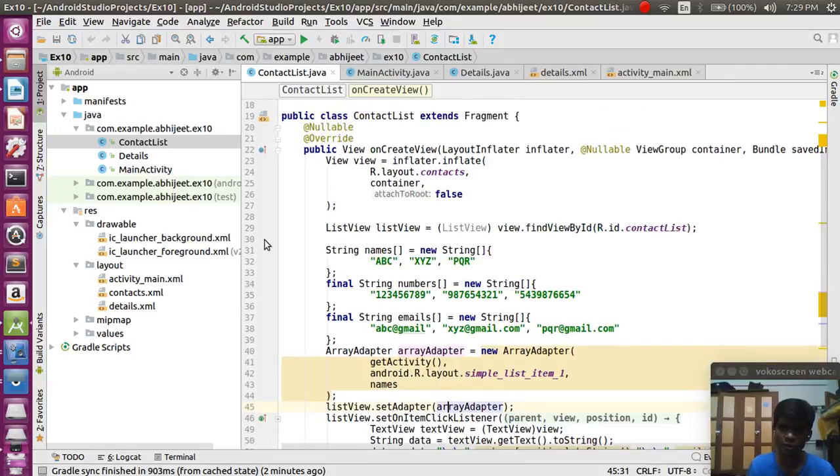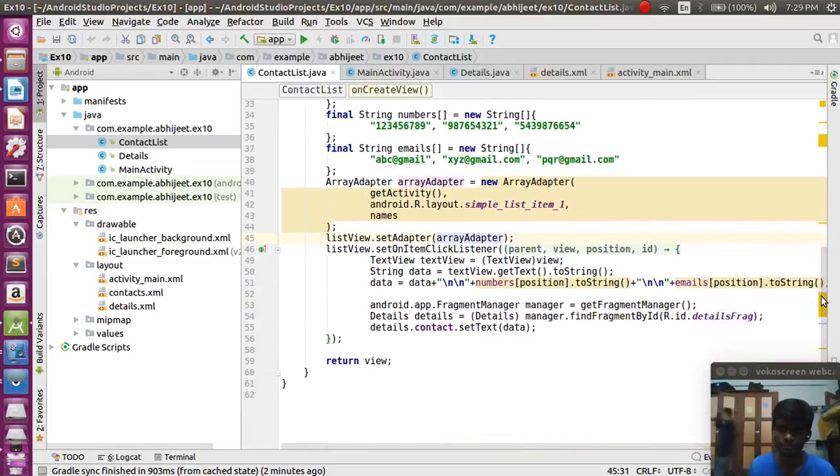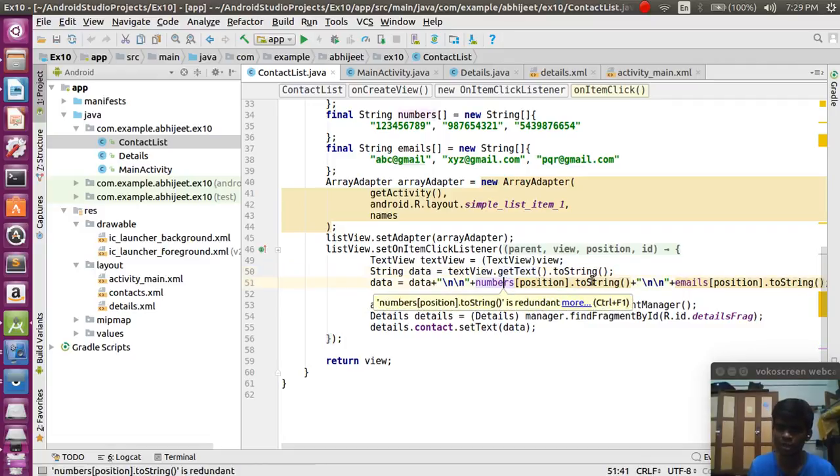Over here we have got the view, which returns the other fragment view. So we are just going and taking the text view, and as it has only one child, we are just going to take the text view and call getText toString. So it will convert it toString and we'll get the data. After getting the data, we are going to set the number and the position which we have, toString, and email.position toString. We are just going to do that, and